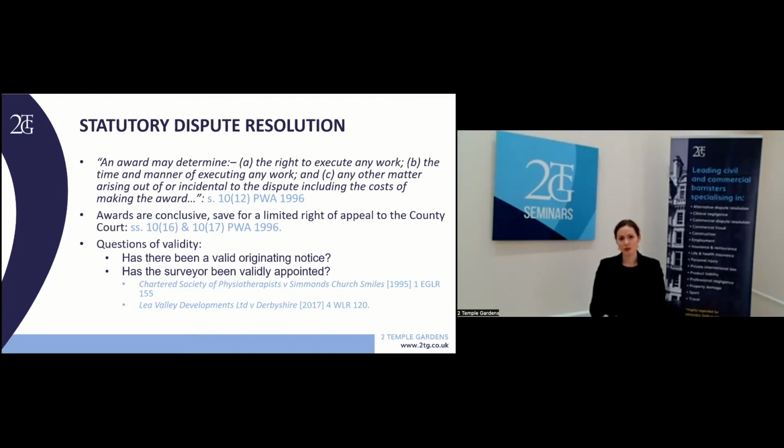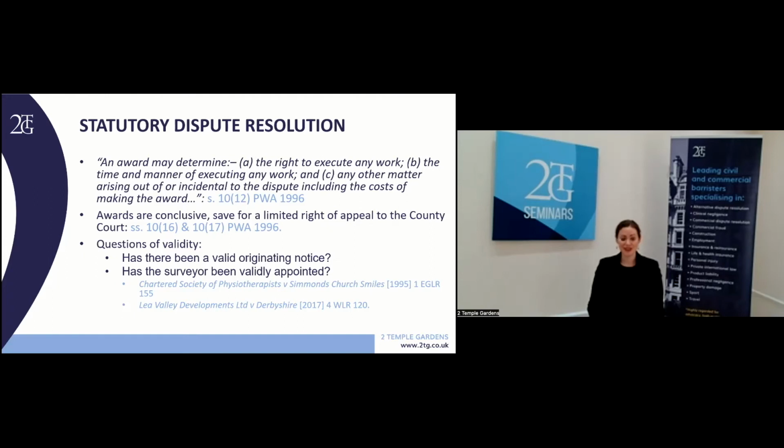Under the Party Walls Act predecessor, it was held that a surveyor's award is better characterised as an expert determination, not as an arbitral award. Now, that's not binding authority under this Act, but there's no differences in wording between the statutes to suggest that the court would be likely to come to a wildly different conclusion if the same question were to be asked today. So if there is ever a question about the validity of a surveyor's appointment, and after the appeal time has expired, that's going to be your best way of attacking an award, the appropriate response is to apply to the court for a declaration on the issue.